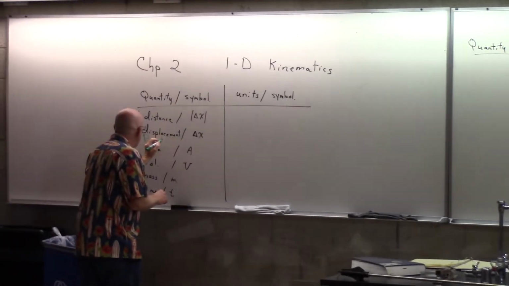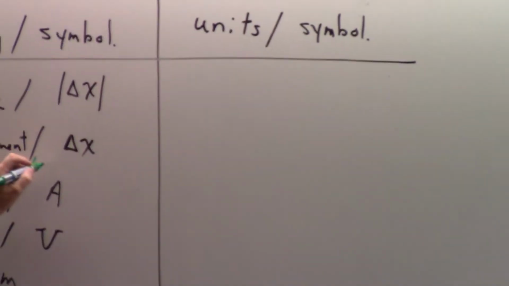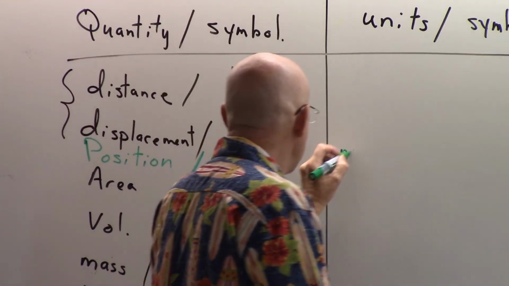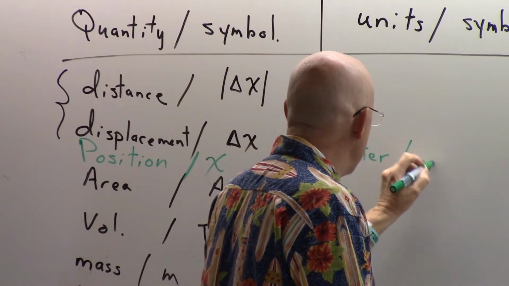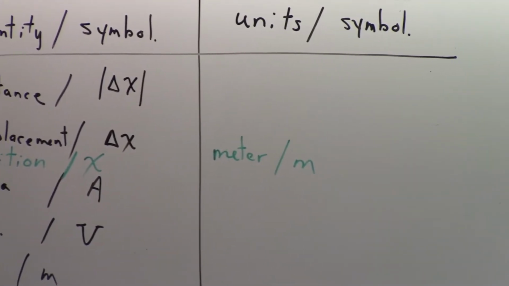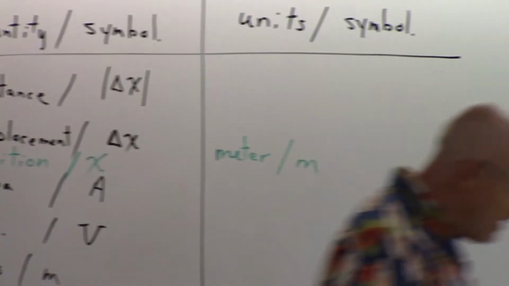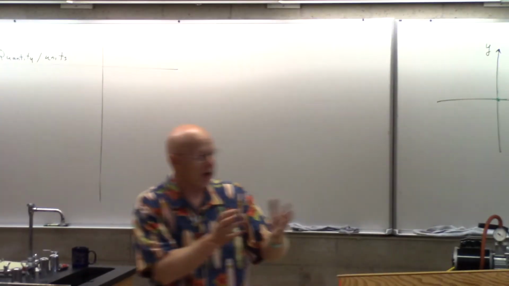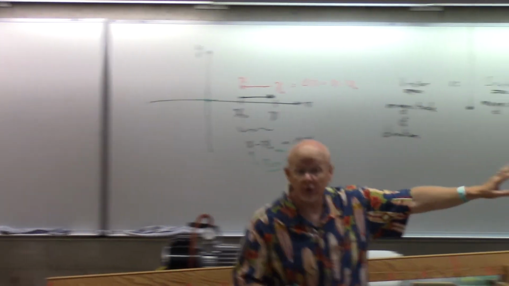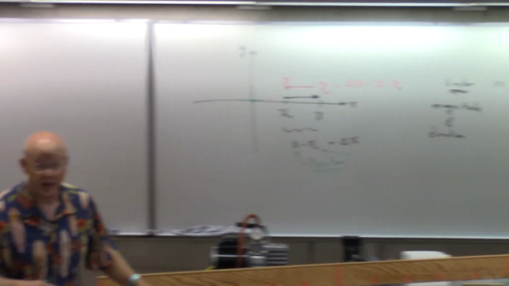kind of along these lines is a term called position, and we'll just label it with an X. And of course, not a surprise, it would be measuring a distance, so it would be in meters. But did you notice then that it's measured from some origin? So here's what's interesting. The origin then is where you guys, as you do a problem, have that freedom to pick where do you want to call x equal to 0, right? You could say, let's measure everything from this wall. And then you could measure the edge of this table to the edge of this table,